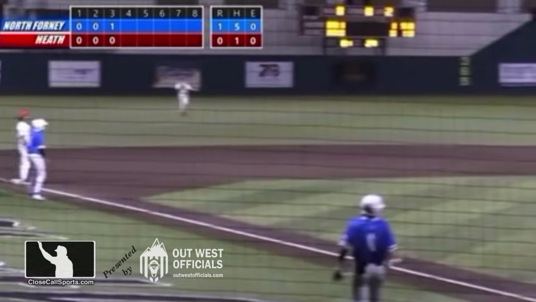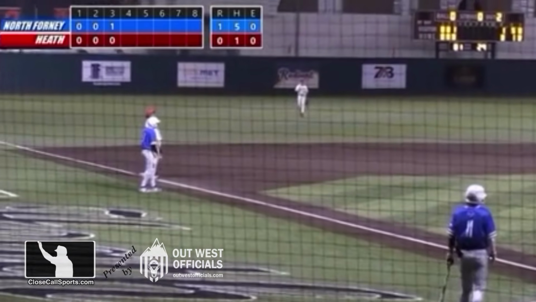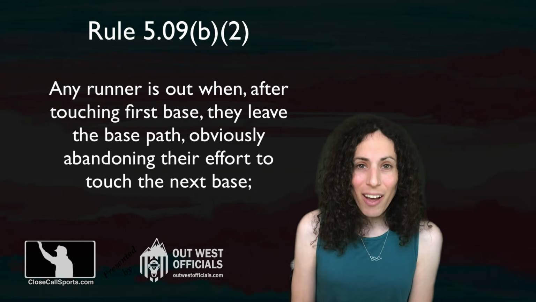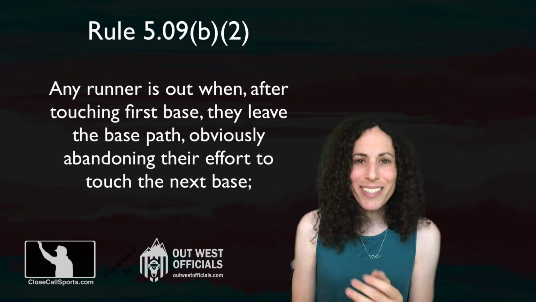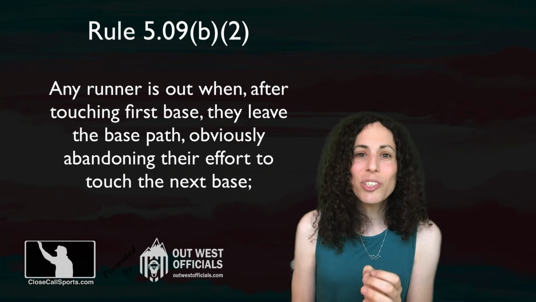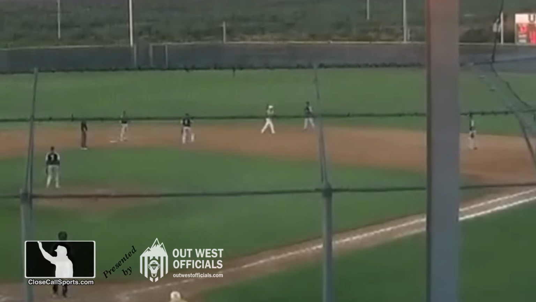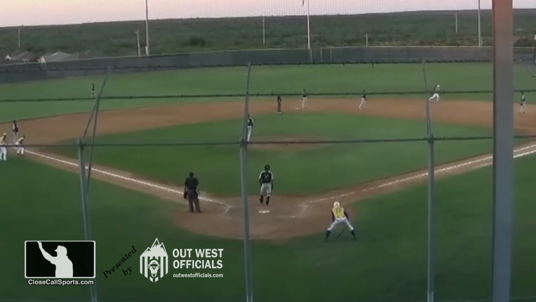Everybody is yelling and trying to figure out what's going on. I think there was an attempt to get the runner from third to score, but as for the abandonment issue, this runner is not abandoning their effort to run the bases. Conversely, they're trying to draw a play from the defensive team by running the bases in an unorthodox manner.